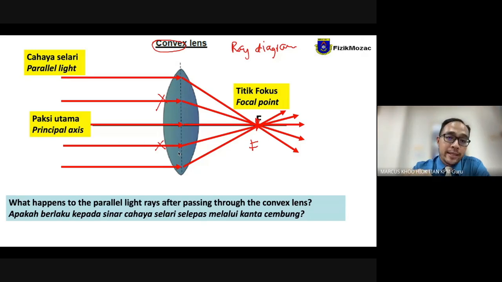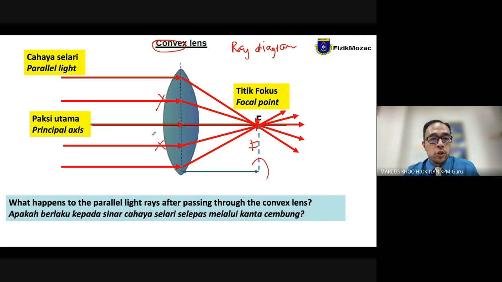So there's the principal axis, and then there's the focal point. The focal point is the point where all the light rays meet. All the light rays converge. That's called the focal point. Now if you draw a dotted line from the focal point downwards and you measure the distance